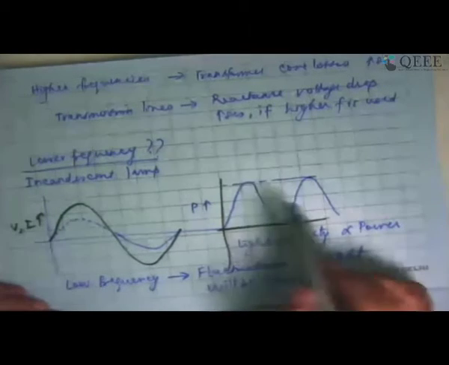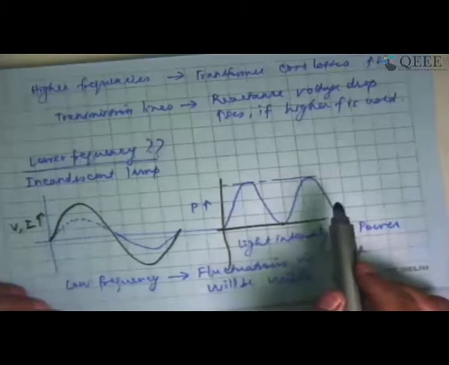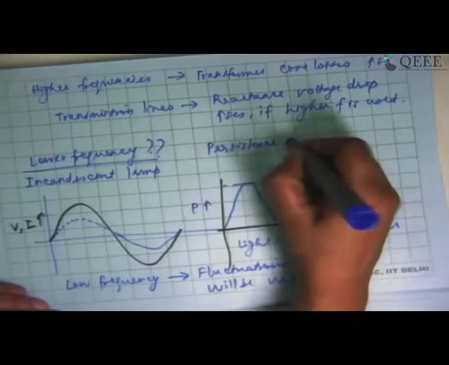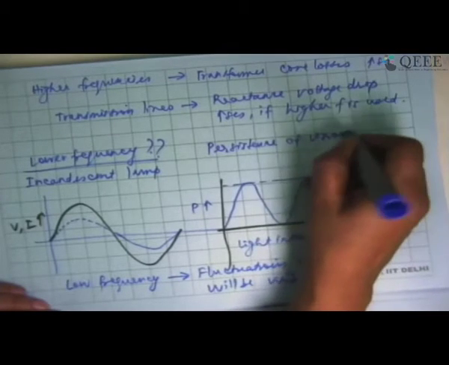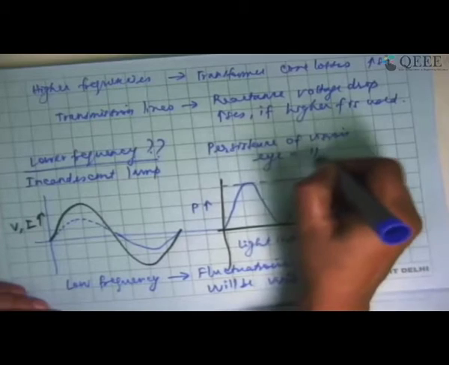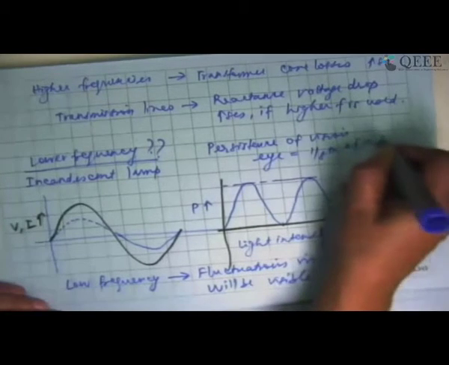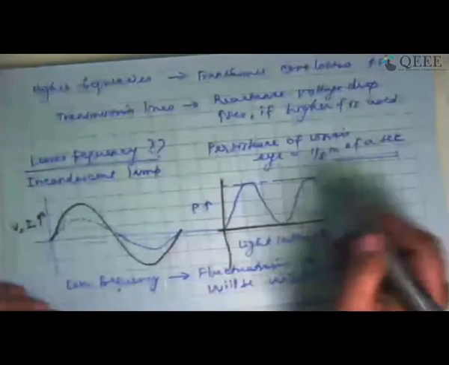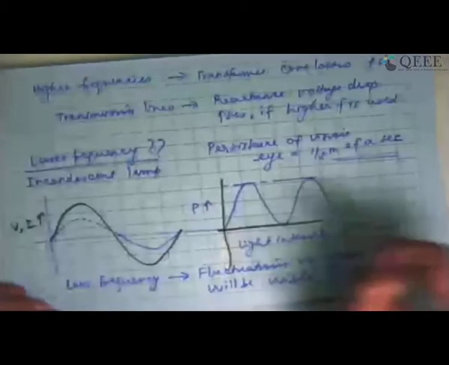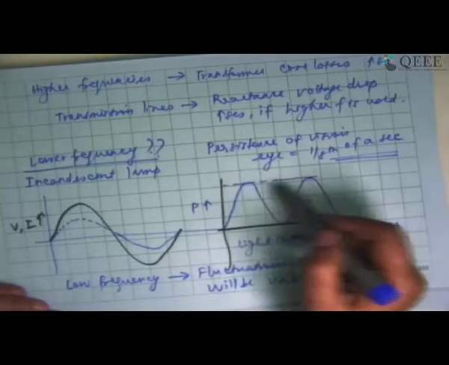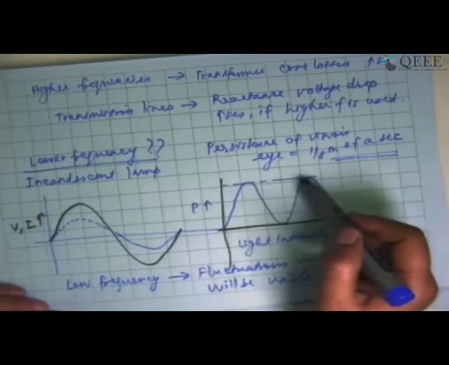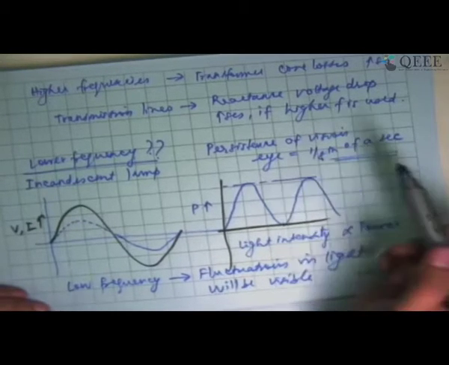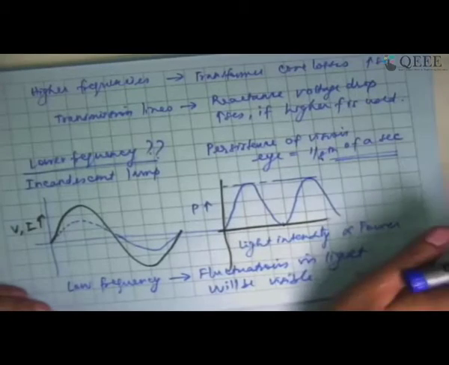So if I have a frequency which is 50 hertz, because of the persistence of vision of my eye, persistence of vision for the human eye is about 1/8 of a second. So I have to have it in such a way that maybe every 1/16th, 1/25th of a second, I will not be able to detect the fluctuation if it is happening at a greater speed than 1/8 of a second. So 8 hertz would have done the job, no doubt.